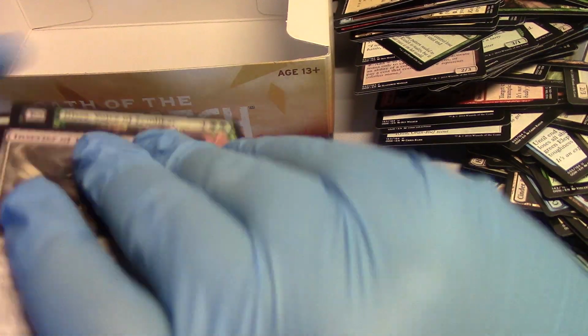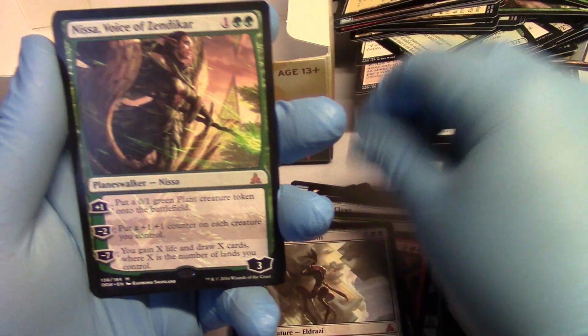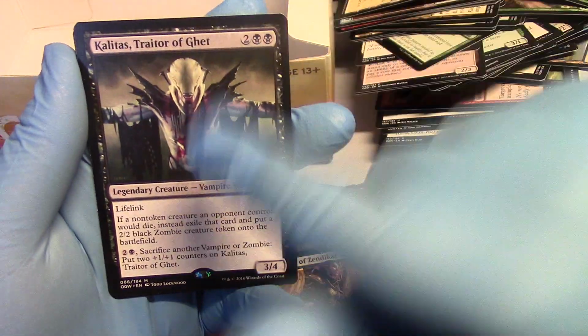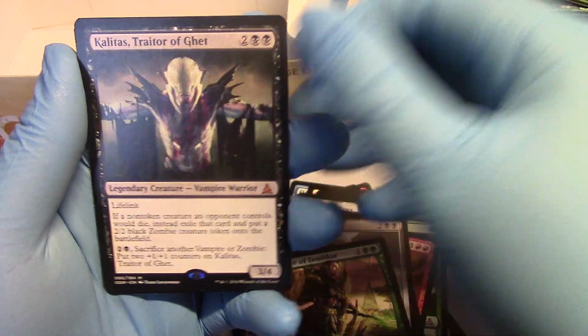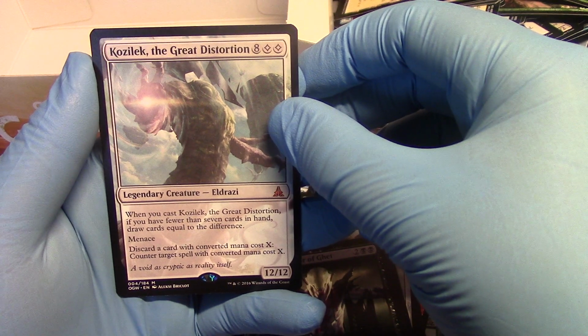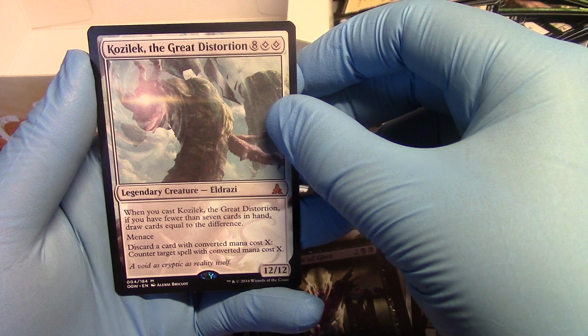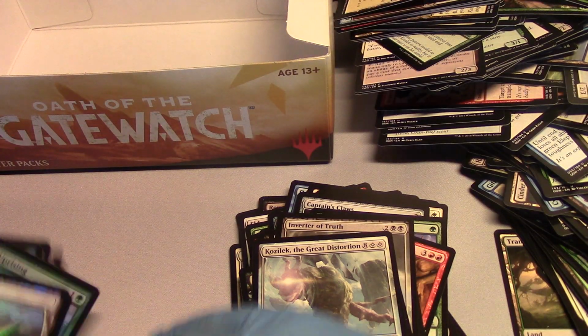And then we got some Mythics, Inverter of Truth, Nissa Voice of Zendikar, and that's the one I wanted, Kalitas Traitor of Ghet, Kozilek the Great Distortion, and for foils,